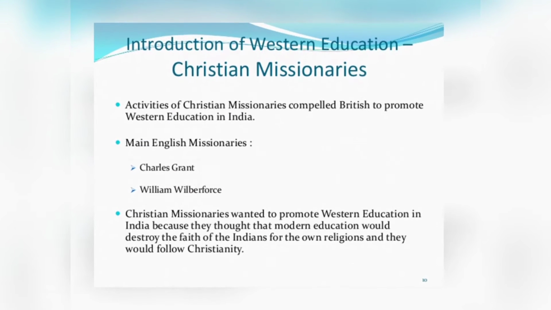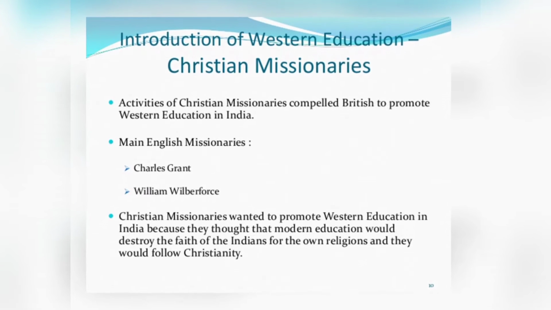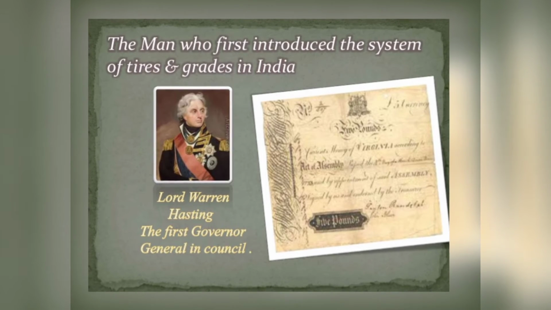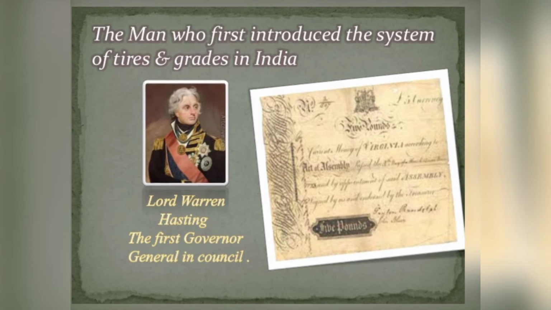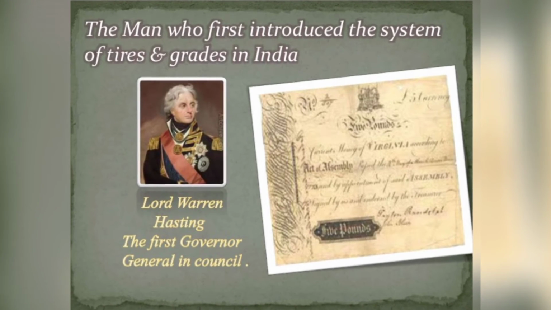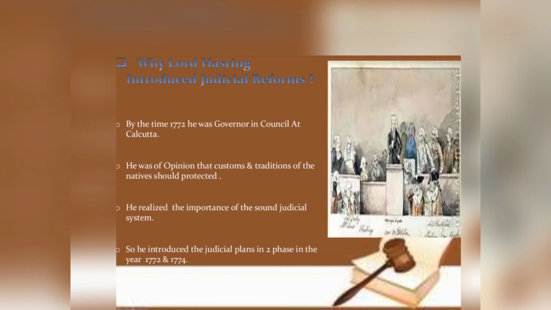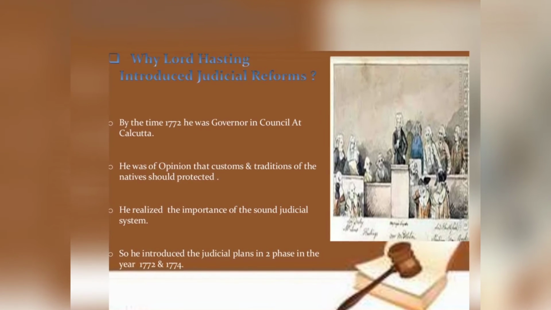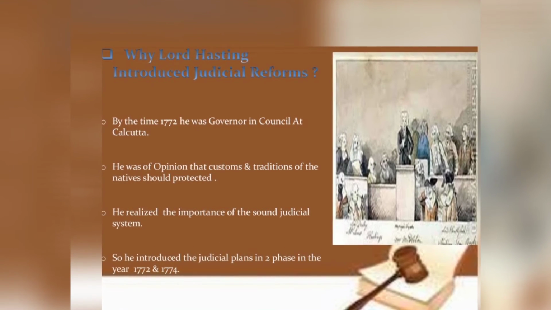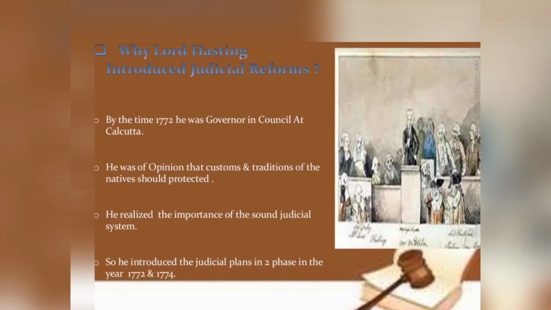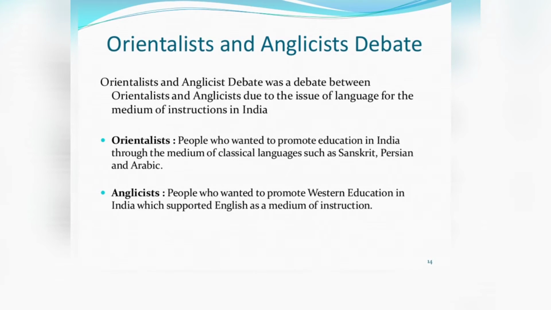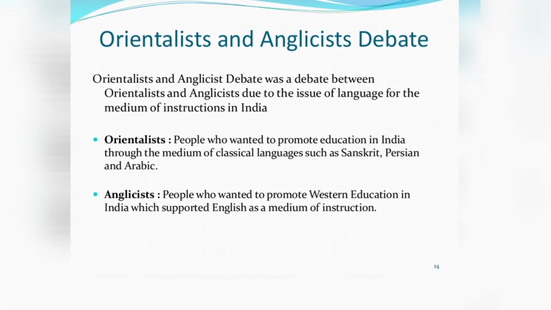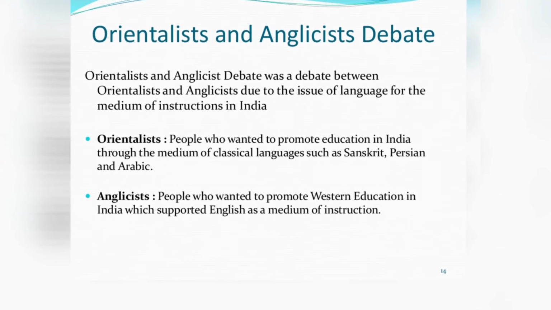Then what happened during the period of 1772 to 1785? There was a governor who is very famous in the entire colonial period. That was none other than Warren Hastings. Now this man had respect for Indian tradition and culture. He encouraged Oriental learning. If you remember my audio lecture on English in India, I described what Oriental culture is. Orientalism is basically having respect for Eastern tradition and culture.